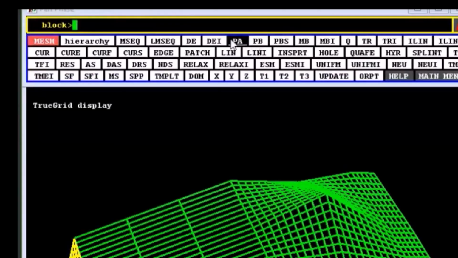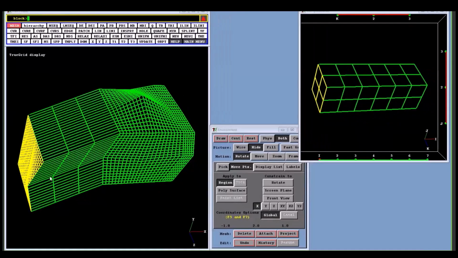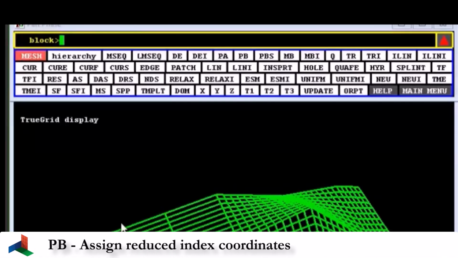The PA is very similar, but it only moves a single vertex, whereas with PB you can choose any object that you can select as a region. So for example, if I wanted to change the coordinates in the Y direction for this face that's highlighted, I could use the PB command,